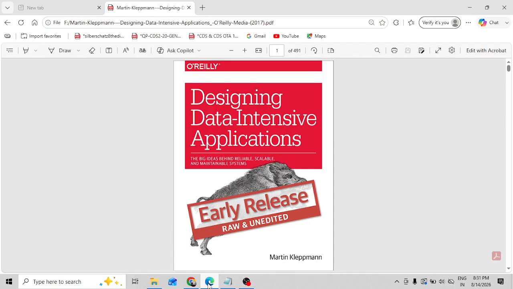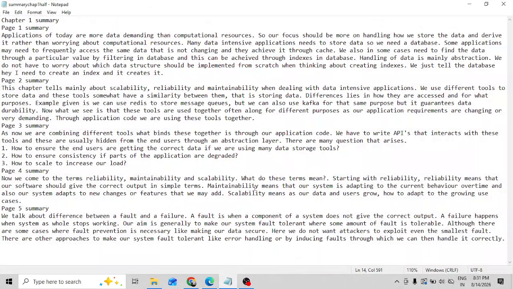Hello everyone, and today I'm going to provide a summary of this book, as you can see on the screen, that is Designing Data-Intensive Applications. What I have done is that I have read the first chapter and I'm halfway through. So, I've written this summary through pages, and